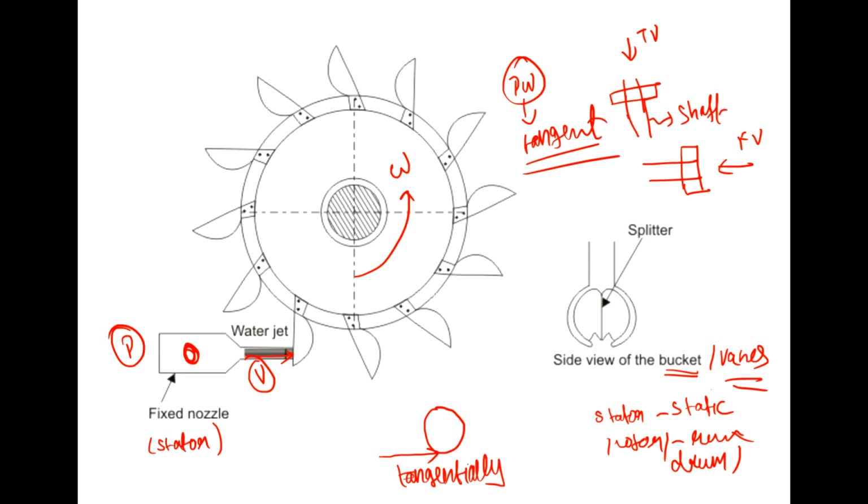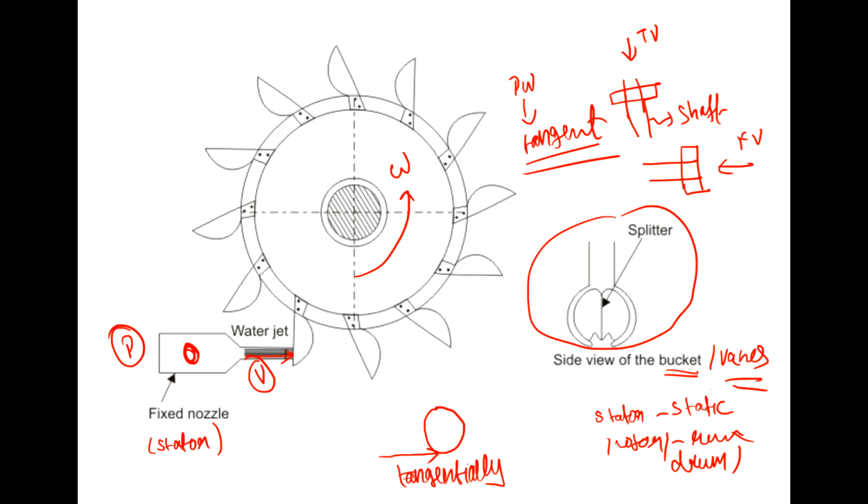I already explained about axial flow and radial flow, and now we are introducing one more term, tangential flow. Once the fluid hits here, this rotor starts to rotate, and as usual I will be connecting this to a generator, that is an alternator, and from there I will be getting the power. And this is the side view of the splitter.